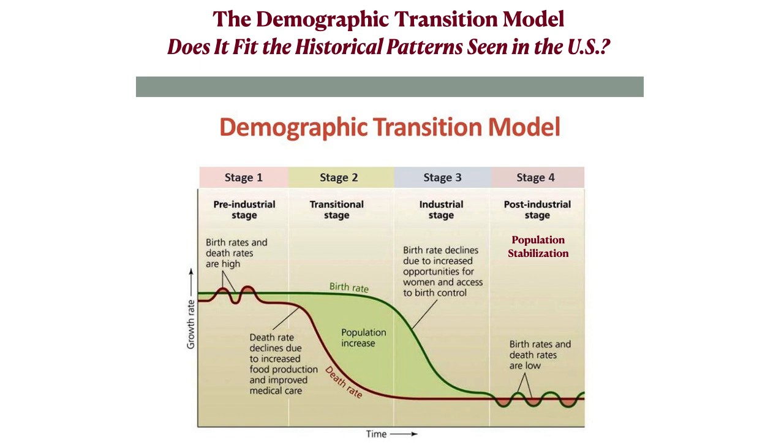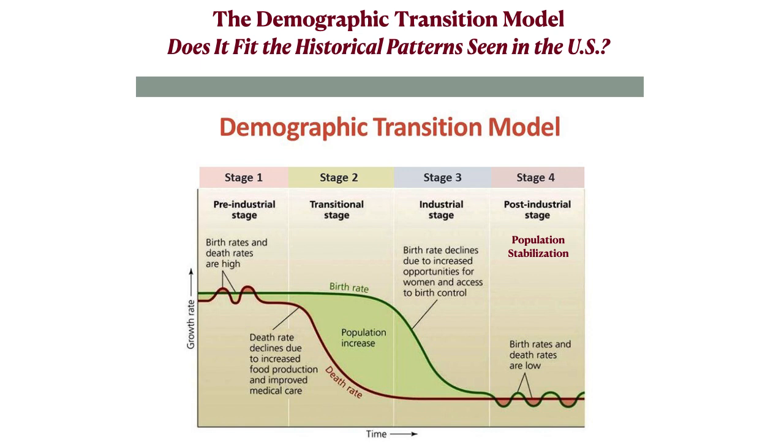So it has this four-stage system. You start with the pre-industrial stage, regarded as universal across human societies, where you have high birth rates and high death rates, which means the population is going to remain relatively steady. If it expands, it will expand slowly. And you can see on the graph here, the death rate is shown as fluctuating, but the birth rate is